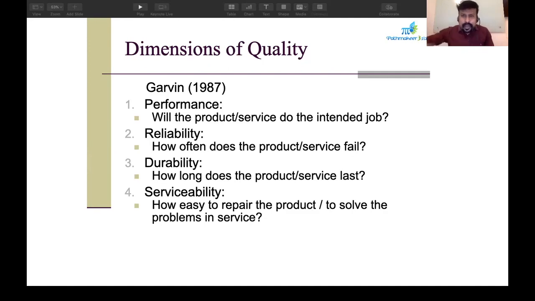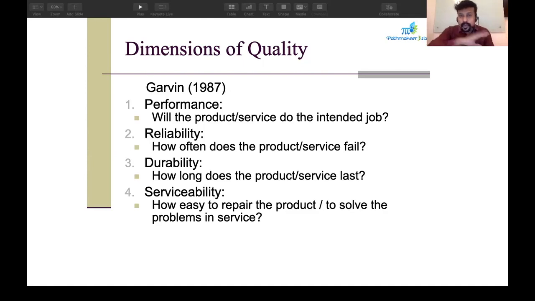The total life cycle time of your product. Now coming to serviceability, you can buy in any e-commerce websites like Amazon or Flipkart, you can buy a product even at 12 o'clock, but can you take service from them at 12 o'clock in the night? Certainly not possible. They will say, sir, you have to go to a particular place in this particular street, and then you have to go, report it to them. Then they will decide whether it will be covered in the warranty or guarantee, what they say. Then only you can take a decision on that.